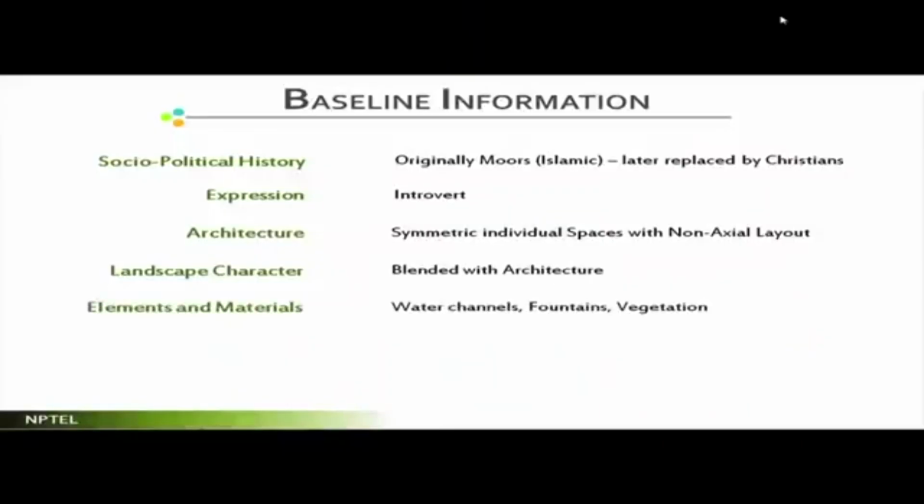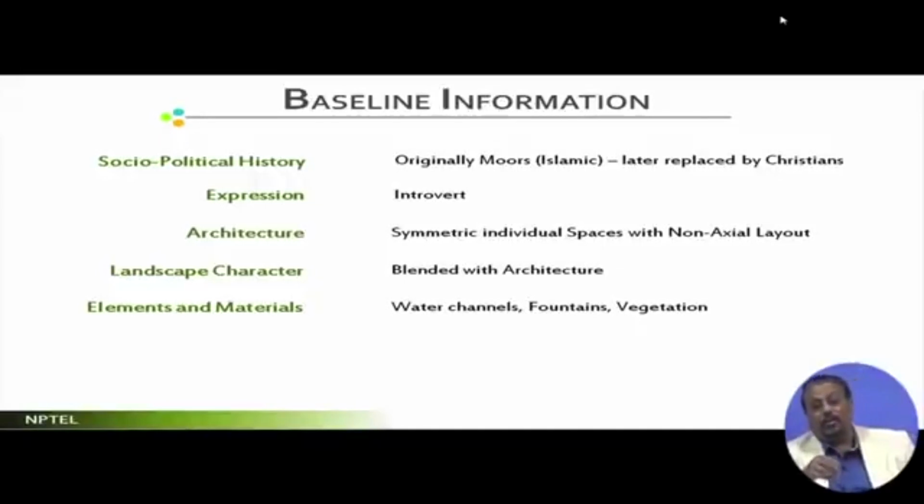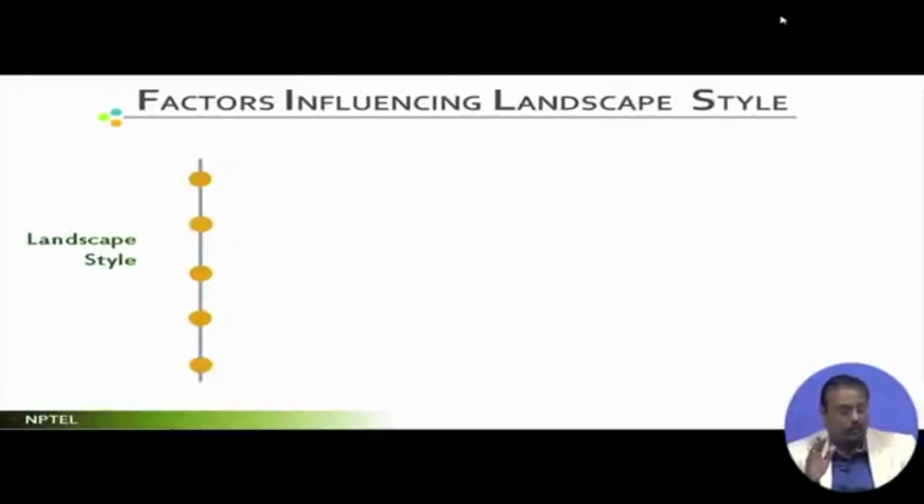What are the elements or materials? Elements or materials are, say, water channels. Water they have used very intelligently, essentially to create microclimatic conditions which suit such kinds of climates. Even if at the higher altitudes the temperature used to be Mediterranean, the temperature had to be reduced. So they always had water channels, that means the water is to run, and they have also used fountains. What we have seen through our research of other landscape styles is that this particular kind of style has been used later by many, but hardly anyone knows that this was originally their forte. Okay, so water channels, fountains, vegetation.